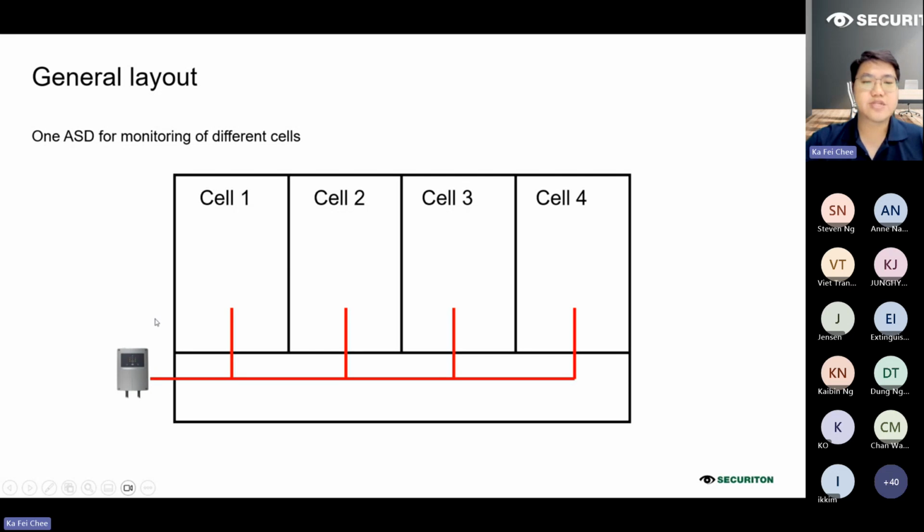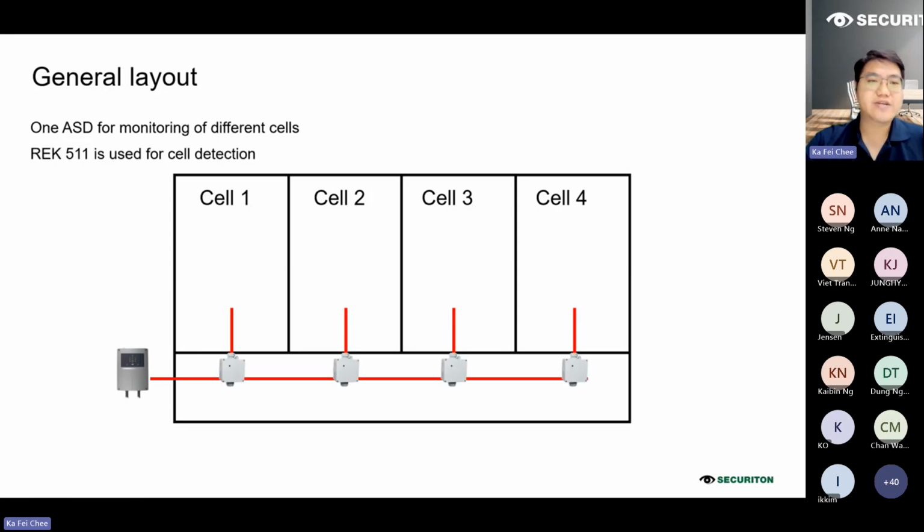So we are not able to determine whether it is cell 2 or cell 3 where there is a fire inside the area. If you need such accuracy and also a pinpoint location of this fire, we have a solution of using the REK to determine which